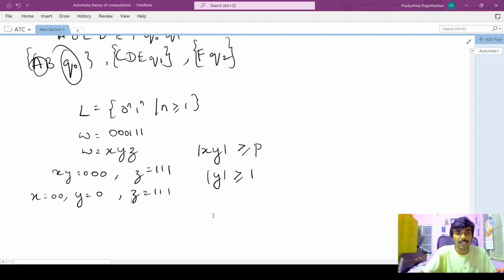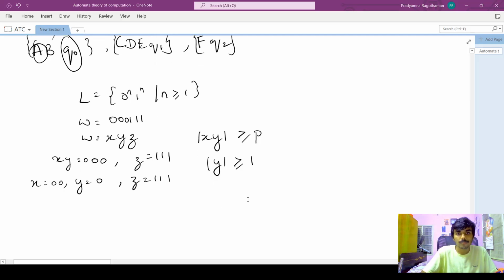So what are we trying to prove using the pumping lemma? We are trying to prove that this language is either regular or non-regular, right? Regular is when we can create a DFA out of this language, that is with the states and the delta. We represent states with capital Q, and a transition function, a start state and final state,